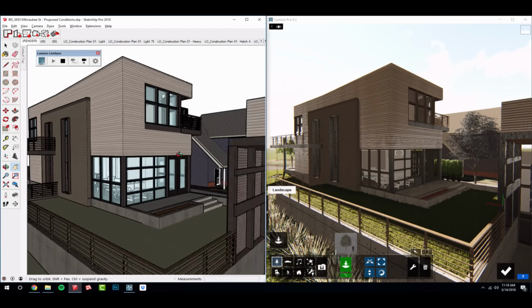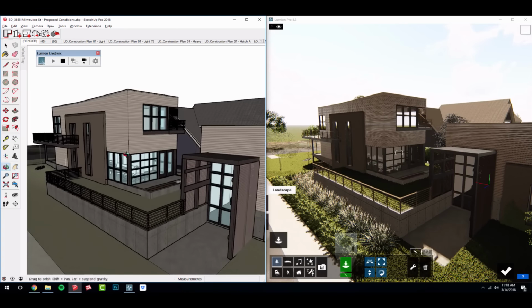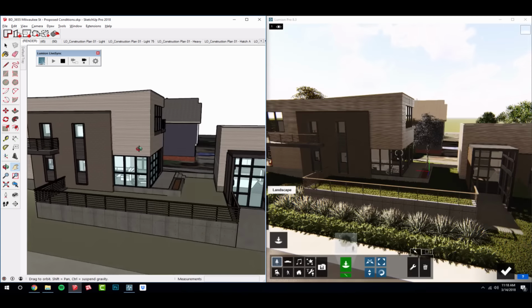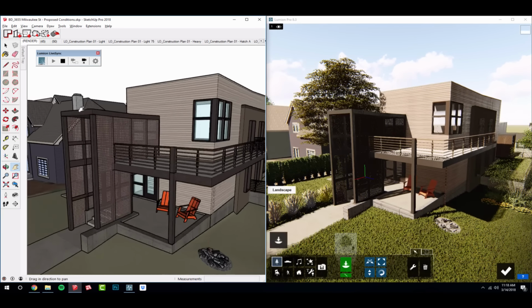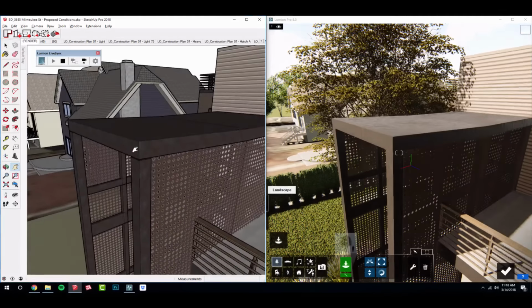And I think we're in good shape there. So let's, at this point, look at the front of the building and talk about how we can make some real-time design decisions in SketchUp while we're looking at this LiveSync view in Lumion. So now I can go over here and say, all right, well, maybe I want, let's try and